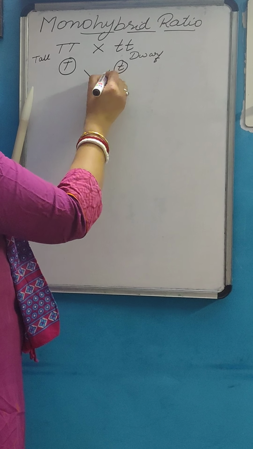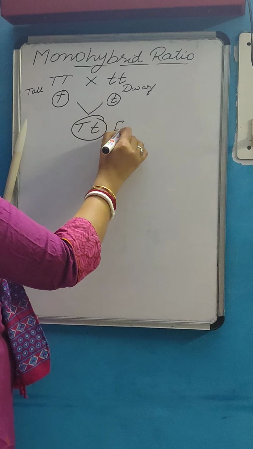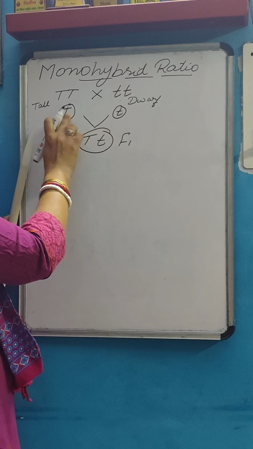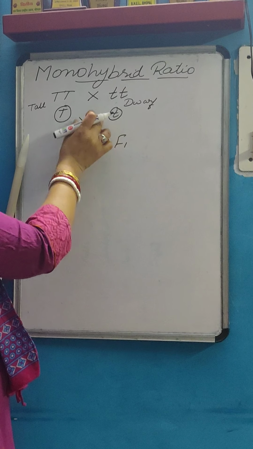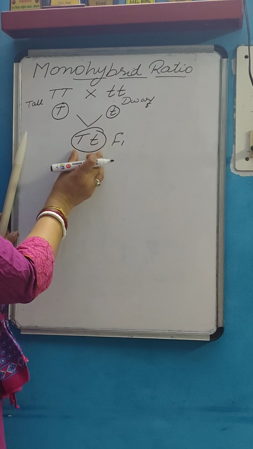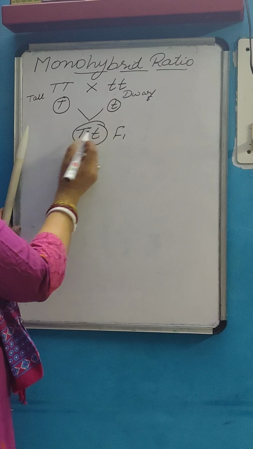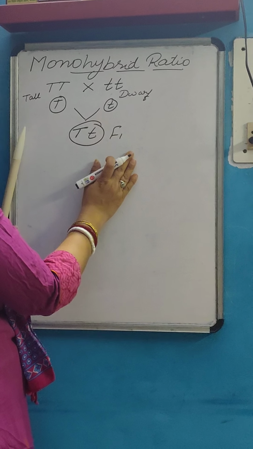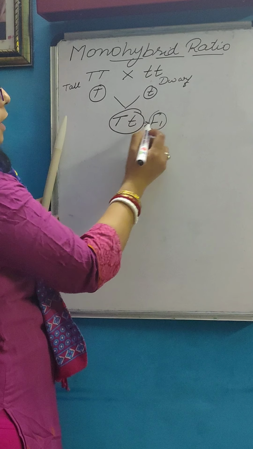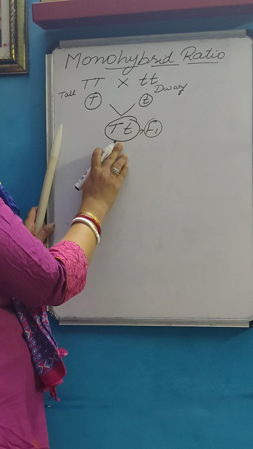Now when we are crossing this, the F1 generation which we are getting is a dominant character. How? Capital T, one of the gametes, small t, one of the gametes. Both the gametes fuse to give capital T and small t. So these are a pair of alleles. Now in this pair of alleles, this capital T is a dominant characteristic which will show in the F1 generation. In this F1 generation, all the plants which we are obtaining will show the dominant character.